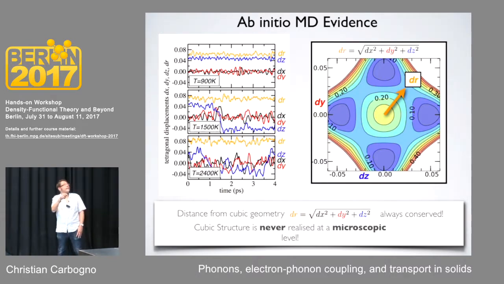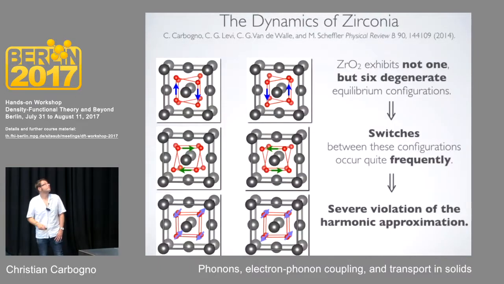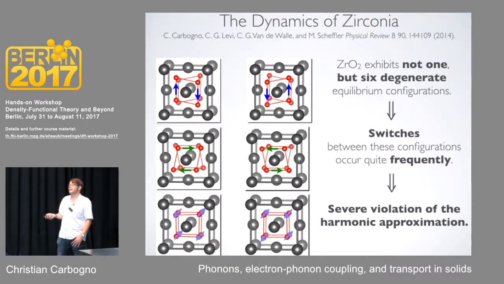So here you already see this is something that you cannot treat with a harmonic approximation. Just doing a simple Taylor expansion around one of these minima will not really help in getting any insight on the thermodynamics that happens at these high temperatures. So just to summarize this part, when you go to high temperatures, you have to be careful, and there's no way around using molecular dynamics. All these approximate treatments will fail.